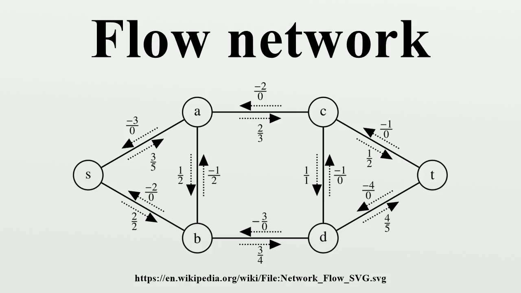If we assume that we distinguish two vertices, a source S and a sink T. A flow in a flow network is a real function with the following three properties for all nodes U and V. Capacity constraints: the flow along an edge cannot exceed its capacity. Skew symmetry: the net flow from U to V must be the opposite of the net flow from V to U. Flow conservation: the net flow to a node is zero, except for the source, which produces flow,